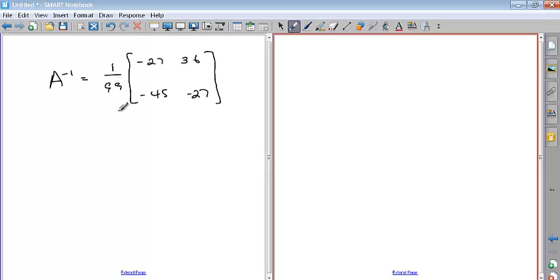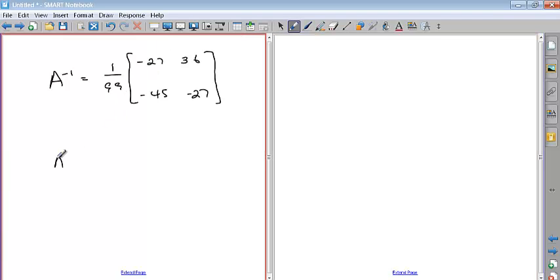You can see that this actually, if I divide each of these things by 9, so if I take 1 11th here, what I'm doing is I'm going to factor out 1 9th, and I'm going to divide everything by 9. You get negative 3, 4, 5, negative 5, and negative 3. So that's the equivalent of